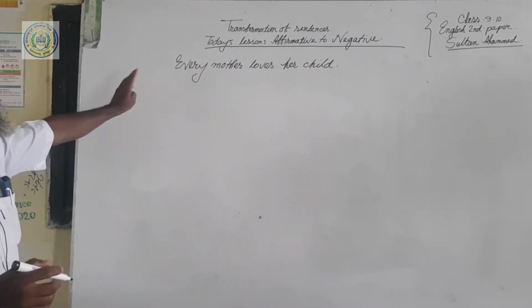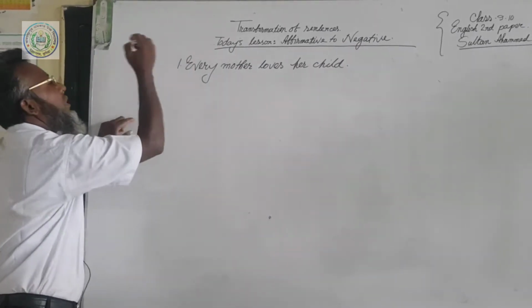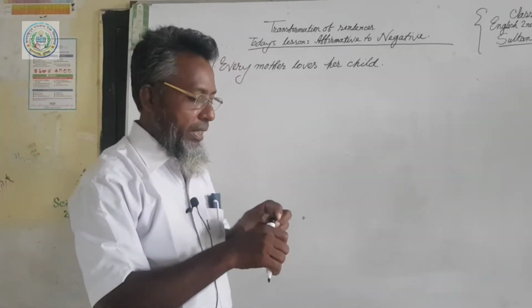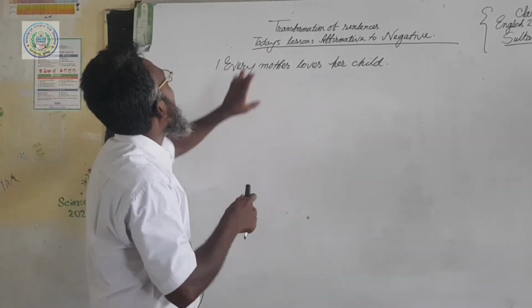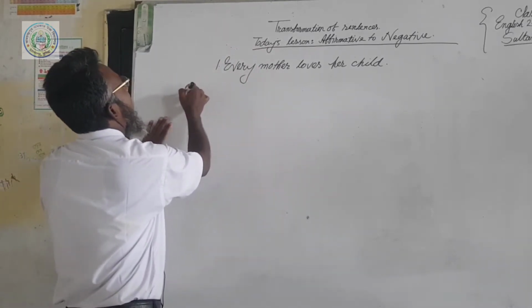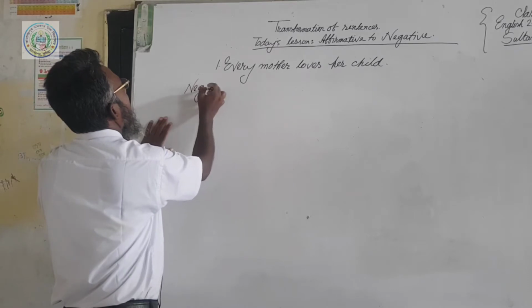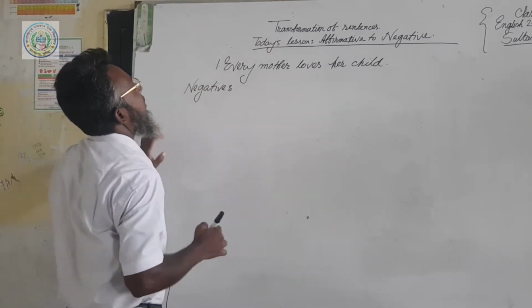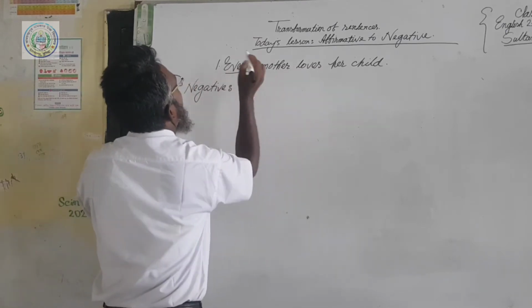This is one kind of affirmative sentence. So how can you transfer this from an affirmative to a negative sentence? I will write here negative. So every,